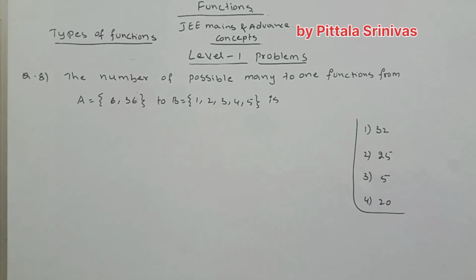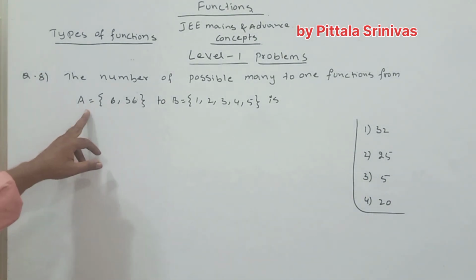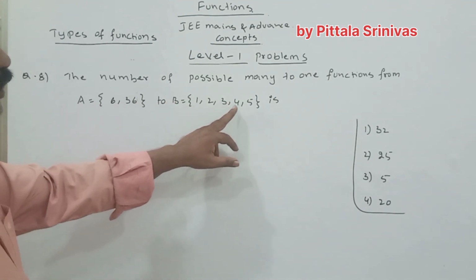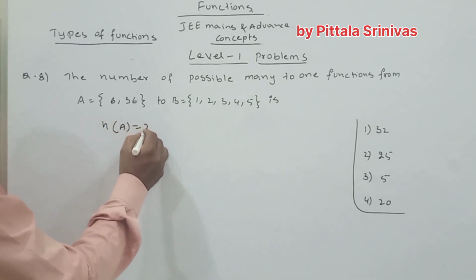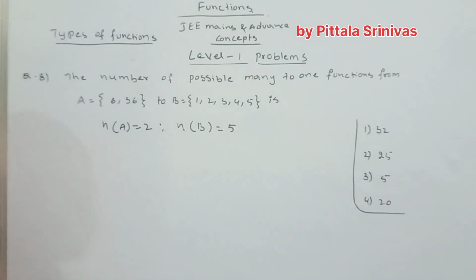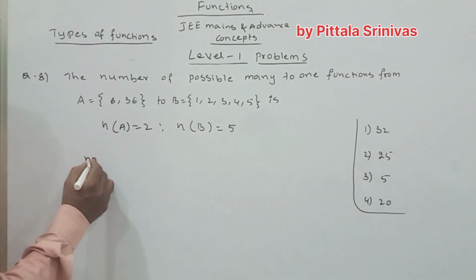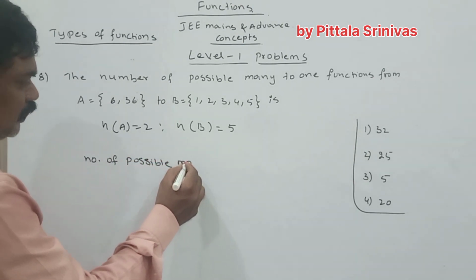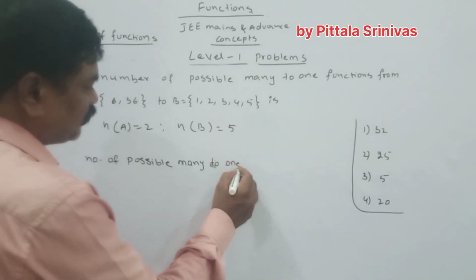Here we have the problem. The number of possible many-to-one functions from A = {6, 36} to B = {1, 2, 3, 4, 5} is? So here number of A is equal to 2, number of B is equal to 5. So what are the functions? So the number of possible many-to-one functions